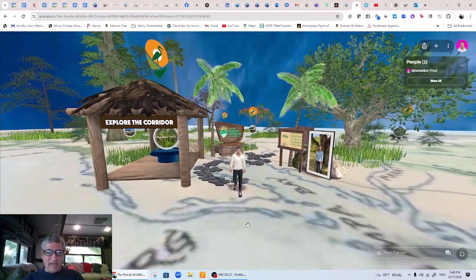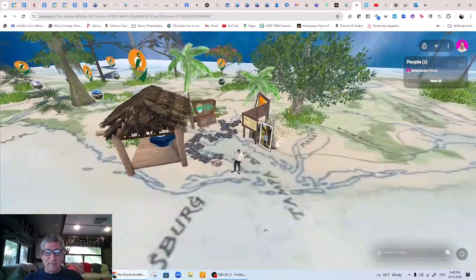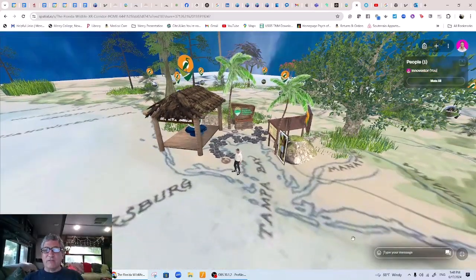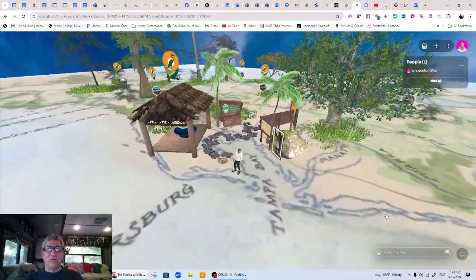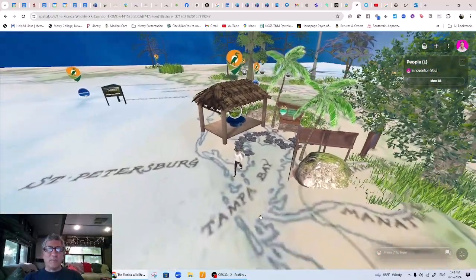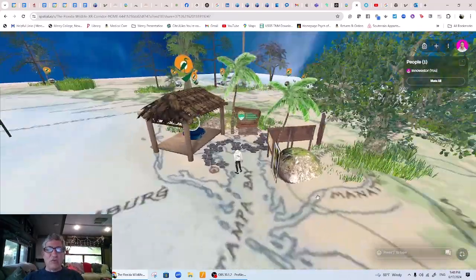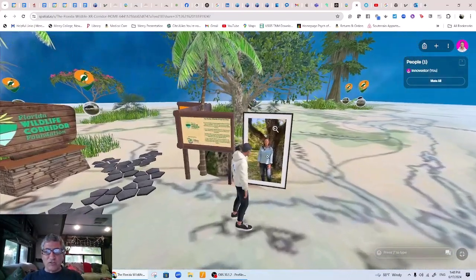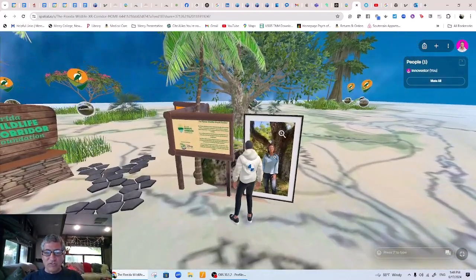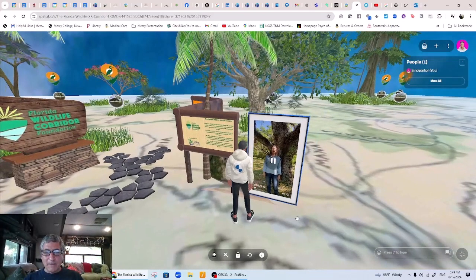You start out at the entrance of the Florida watercolor map created by the Florida Wildlife Corridor Committee and Foundation and their talented folks. So it's Florida, it's a beautiful map, and you start in Tampa Bay where I'm talking to you from. And as you come into the map to go on your Planetwalk, the first thing you see is Mallory from the FWC, and when you click on that,